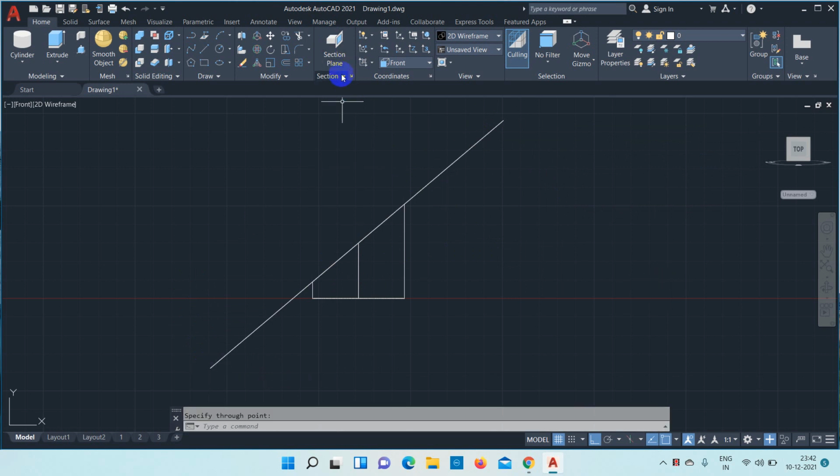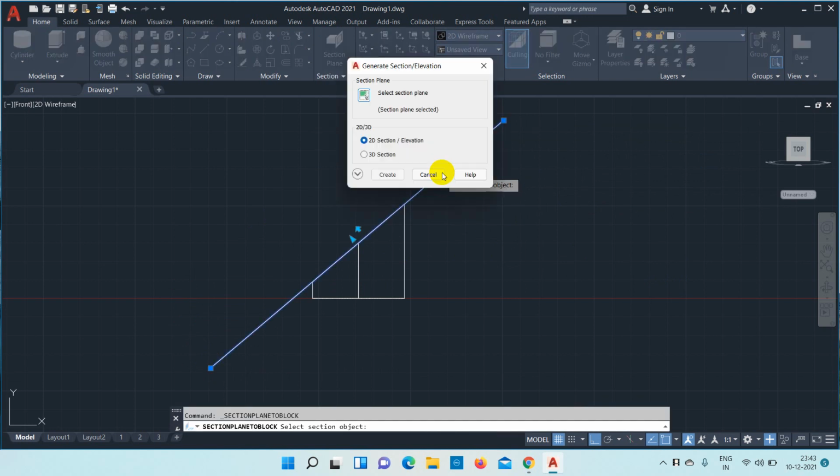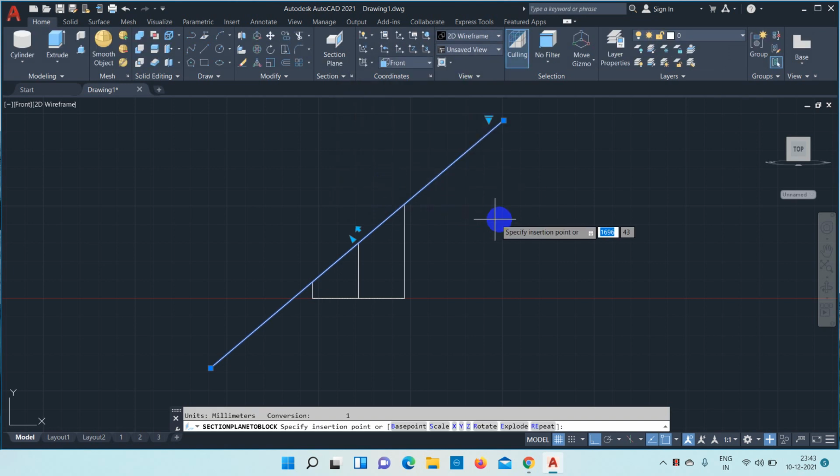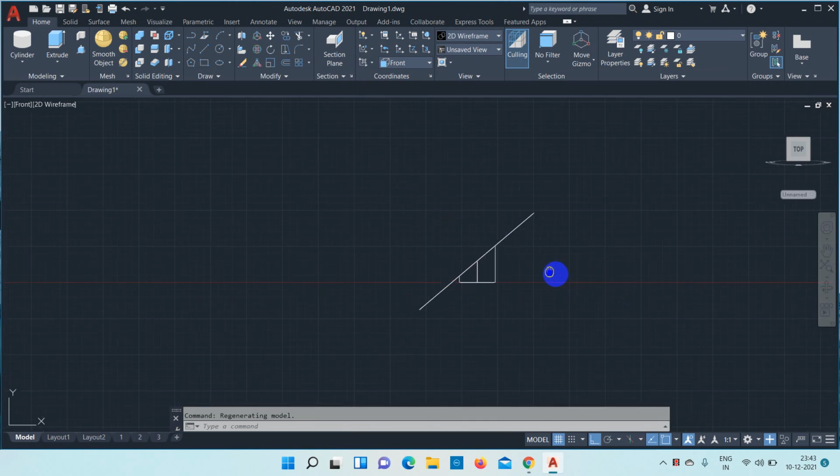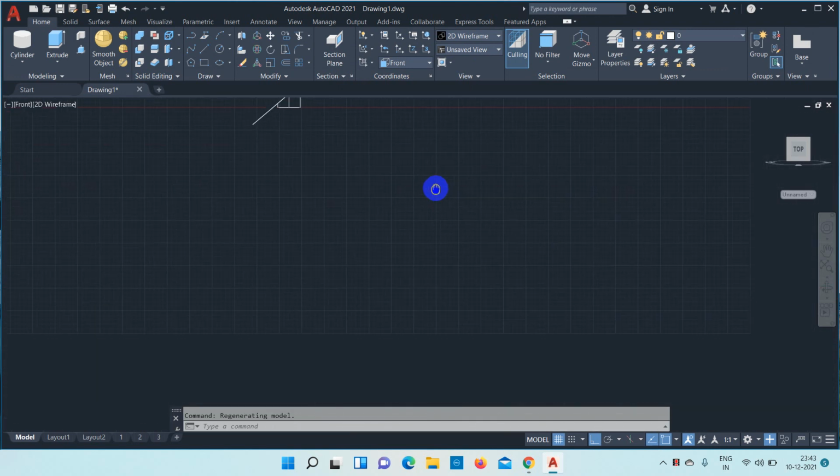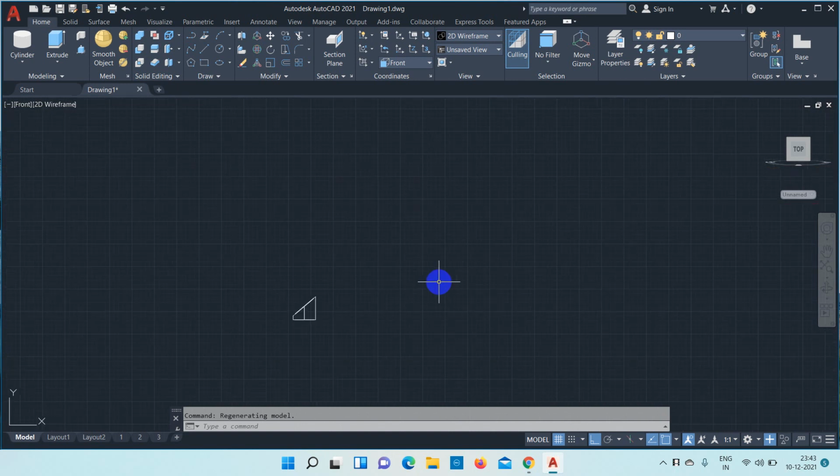Okay, now we again go to section, generate section, select section plane, select this plane, click 3D section, create, click a point somewhere here, x factor 1, y factor also 1, rotation angle 0. Once you have given these values, you can see that somewhere here in the right bottom we have created that.